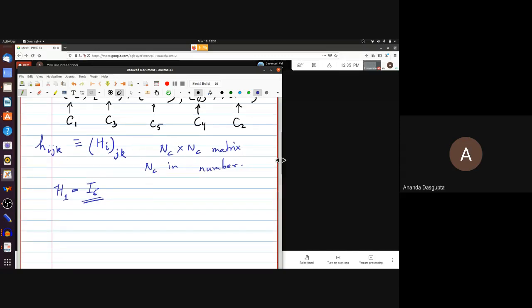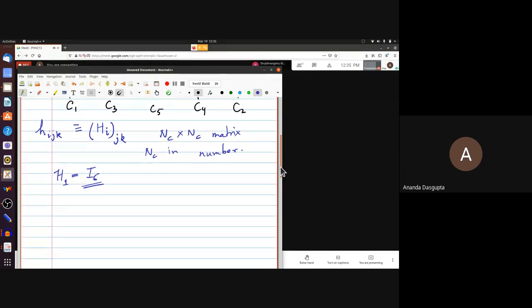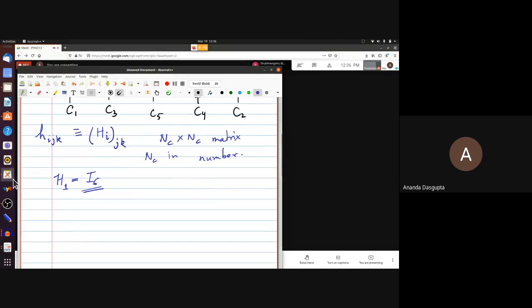The non-trivial one is H2. Let's try to work that out. For that, of course, what you need to do is multiply C2 by C1 to get the H21k, then C2 by C2 to get the H22k, and so on. You will need to do all the 5 products. So C2 dot C1,